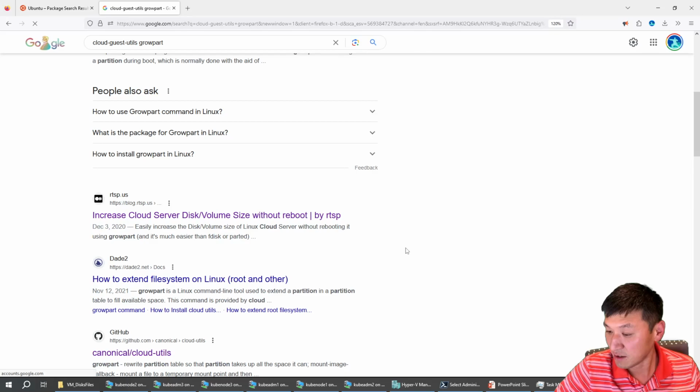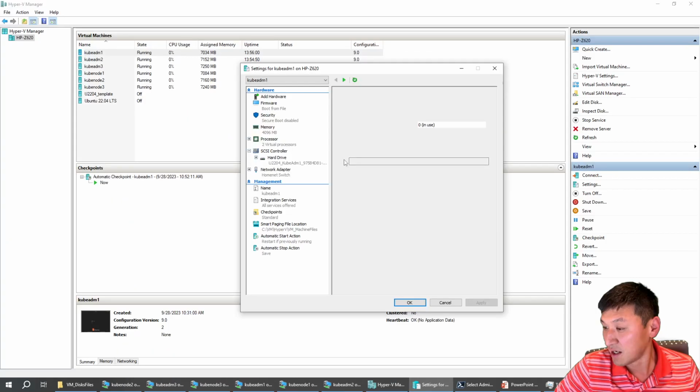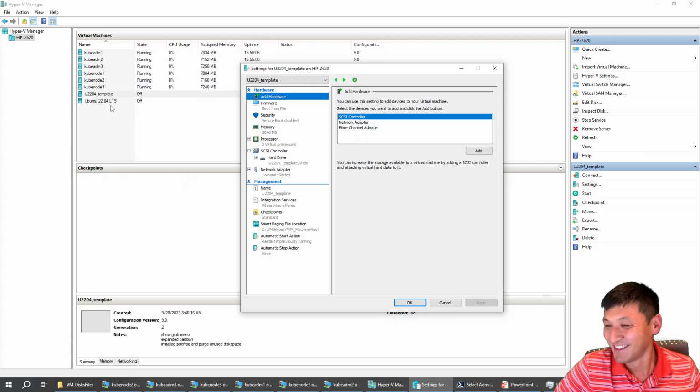So first, you need to expand the hard disk drive. Here, choose the virtual disk, click edit. Oh, I'm running this virtual machine. So first, turn off the virtual machine. For this template virtual machine over there, you can click edit. Then you have the options and choose expand. The default size is only 12 gig. It's very small. I enlarged it to